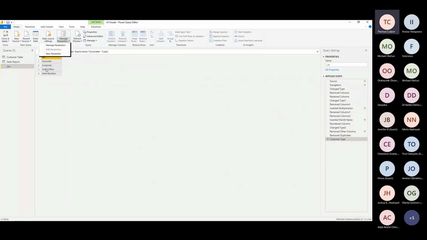So I'm going to click on create new parameter, and we need to give a name to the parameter. So I'm going to call this customer type, and you can provide a description if you need to.